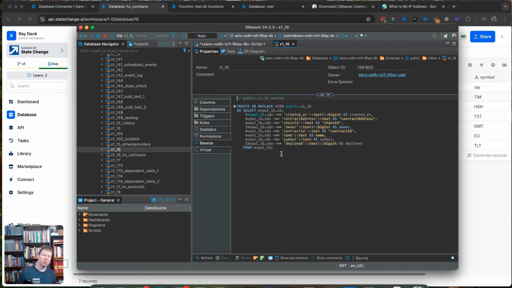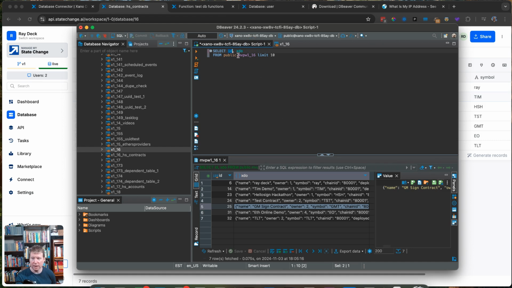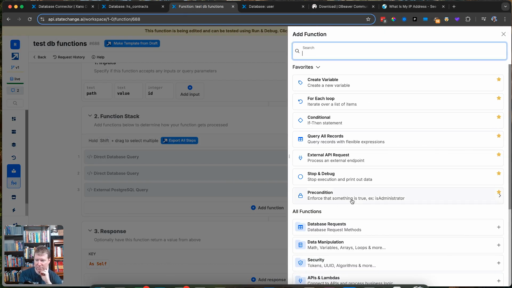And the views are basically like downstream representations of SQL, right? So they ran SQL on the original table and converted all of the stuff that it found inside the table into these individual columns. Now, what this does, which is kind of neat, is if I were to go back over to here, right? I could say, well, let's take a look at x1 underscore 16. And by the way, this x1 underscore 16 is probably something you're going to find kind of familiar if you were to open up the